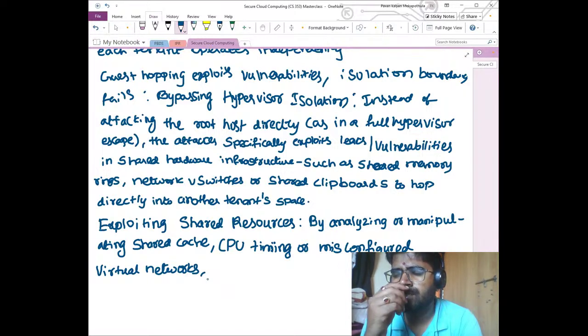bypassing hypervisor isolation. Instead of attacking the root host directly as in a full hypervisor attack, the attacker specifically exploits the leak or